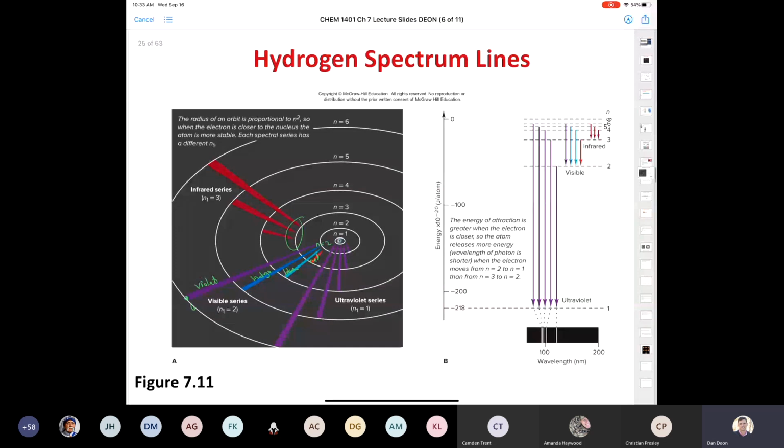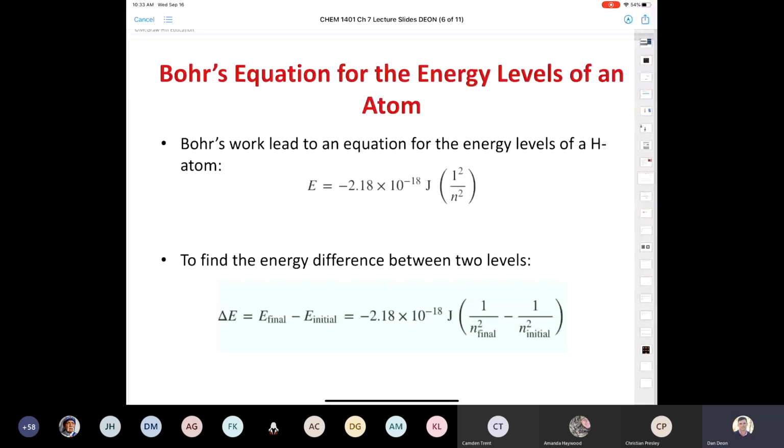Now, Bohr's work led to an equation for the energy levels of the hydrogen atom. Notice that I'm very careful about what I'm saying on these slides. Right? I'm very careful that I say that it is for the hydrogen atom. Notice I'm not saying it's for any other atom. Okay? He came up with this equation, and then to find the energy difference between two levels, he developed this